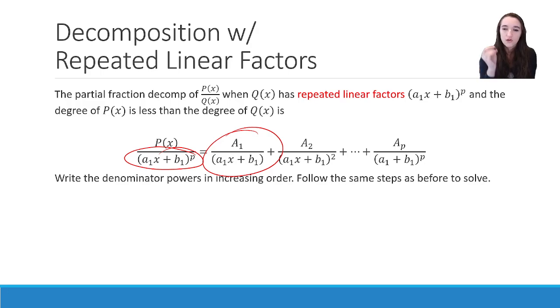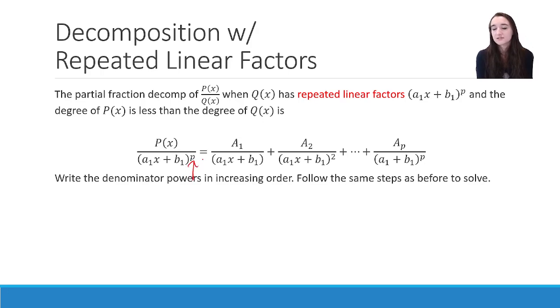rational function for each degree that this factor exists for. So if we have x plus 2 cubed, then I'm going to have a over x plus 2, b over x plus 2 squared, c over x plus 2 cubed. So you get one per each, counting up until you get to the actual degree, whatever that